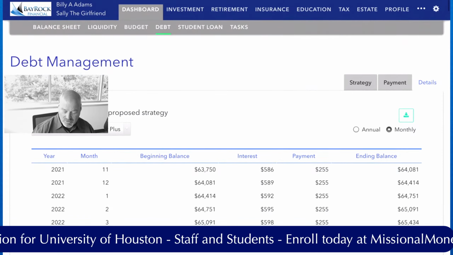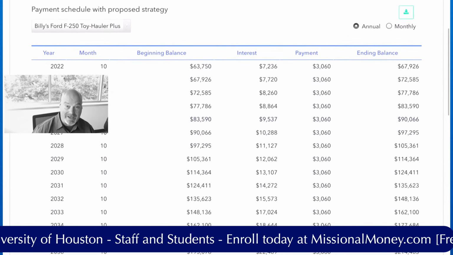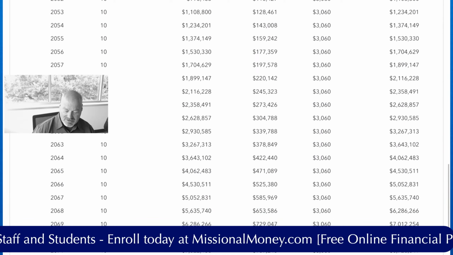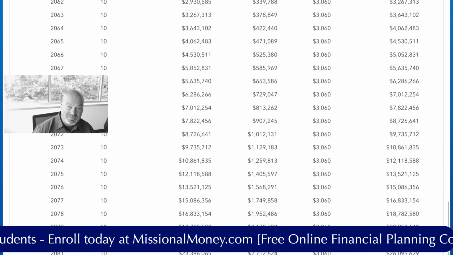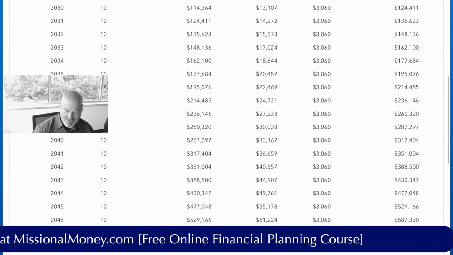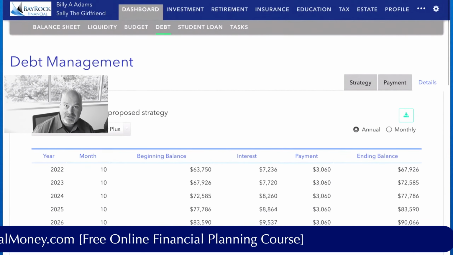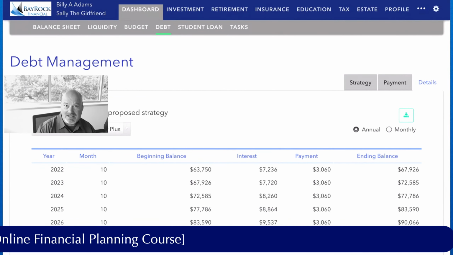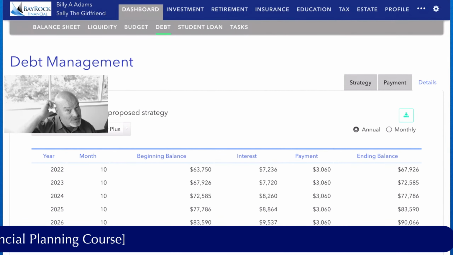So if I change it quickly to annual just to get to the bottom line quicker, you can see that over Billy's lifetime, this balance goes into the millions and then just exponentially grows. And so that's one reason, this loan is one reason why we saw that ridiculous number for savings.